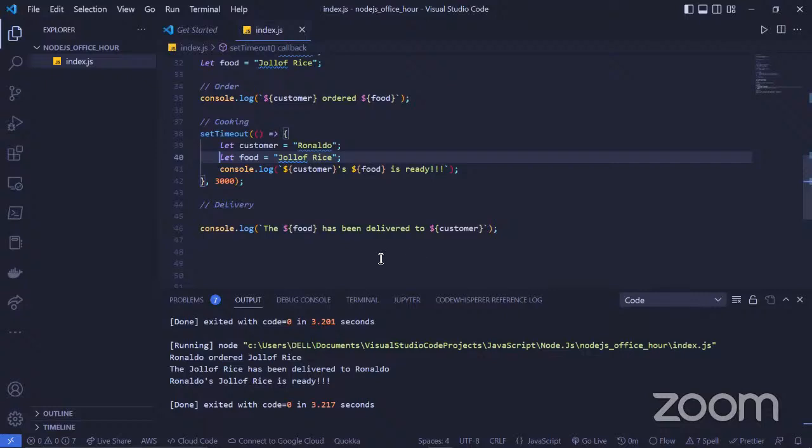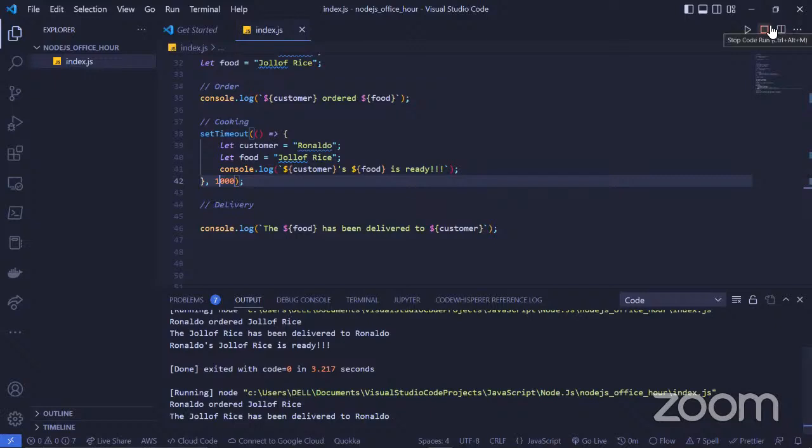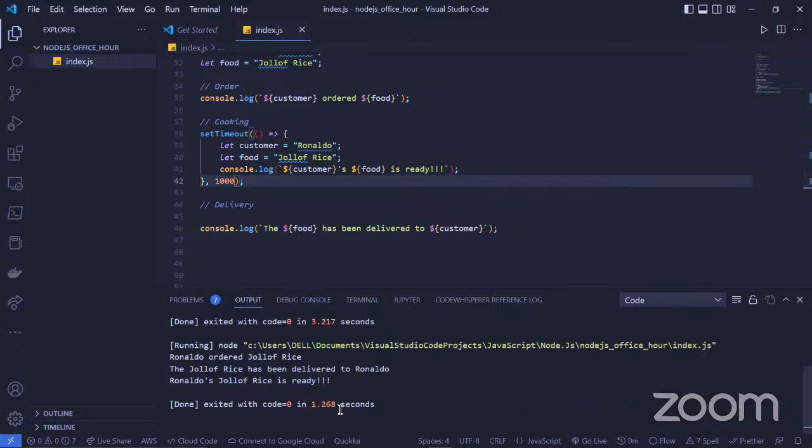Okay. I said you should wait for 3 seconds. Maybe that's why you can see every other function run, and then this one had to wait for 3 seconds. But let us make it wait for only 1 second before it runs. So after 1 second, it runs. And that's why we have the larger time here.